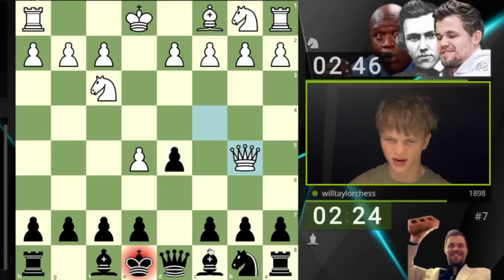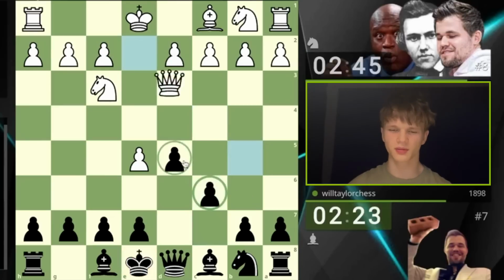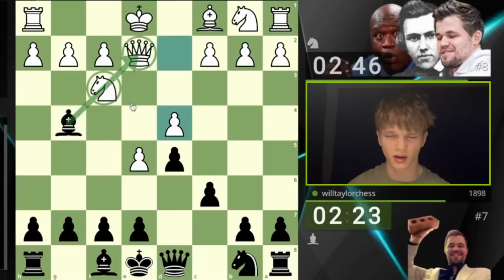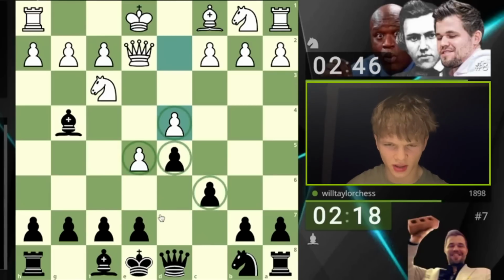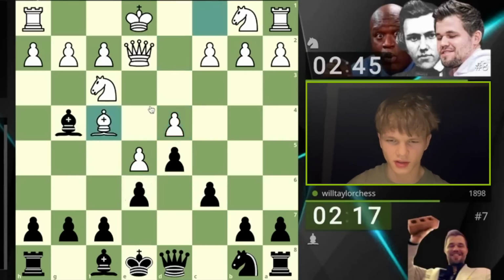This makes no sense, right? Let's play this. c6. Queen has to move yet again. And I mean, I'm just building up quite a strong pawn chain here. We can develop the bishop while pinning the knight to the queen. This is looking a bit like an advanced Caro-Kann, actually. So we're going to go for e6. I mean, the bishop's normally on f5 in advanced Caro-Kann, I guess, but...